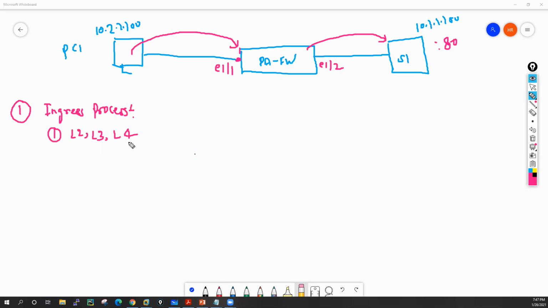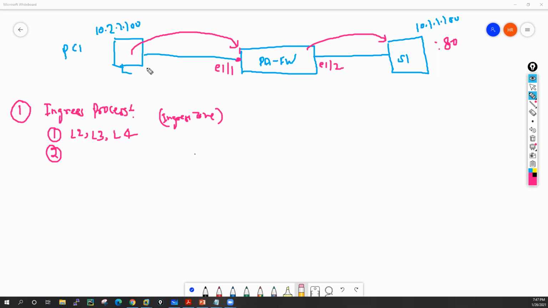By looking at that layer 2, layer 3 and layer 4 information, it will get the ingress zone. In the ingress process only, it will do this extraction of information.